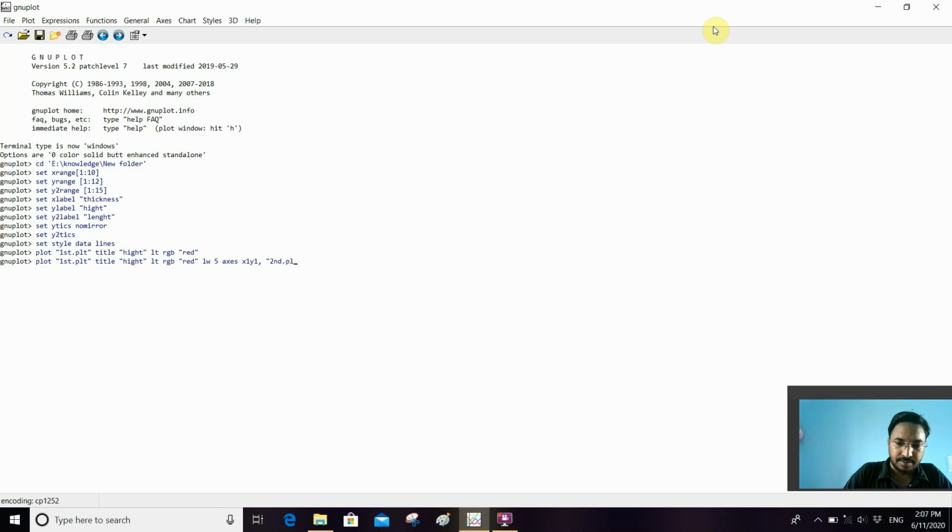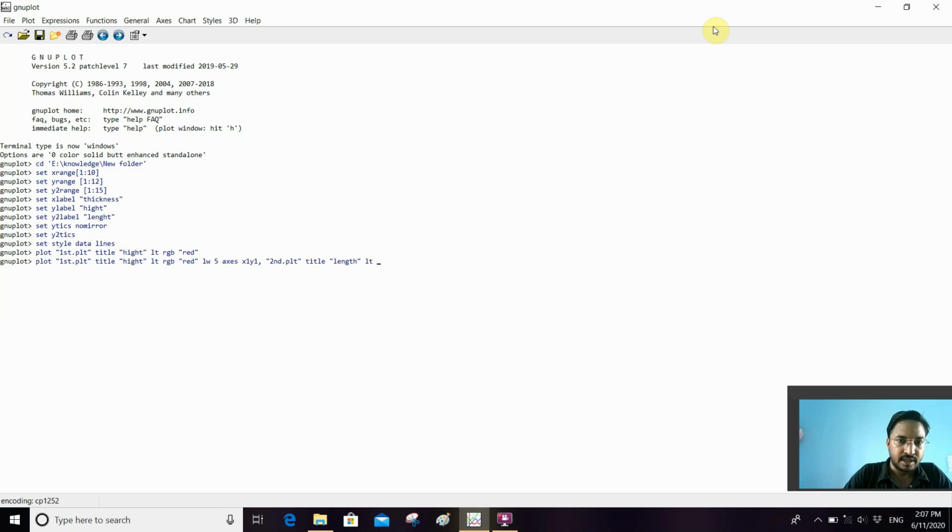Now for plotting the second graph, I have to write second.plt. Don't forget the extension .plt. I am giving the title name of this graph as length, inverted comma close, space.